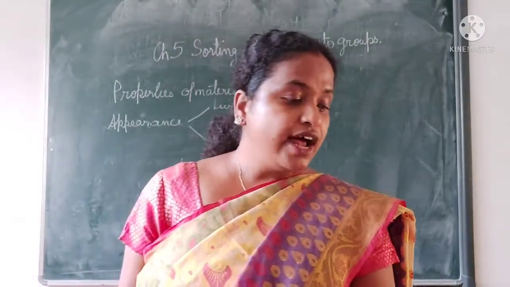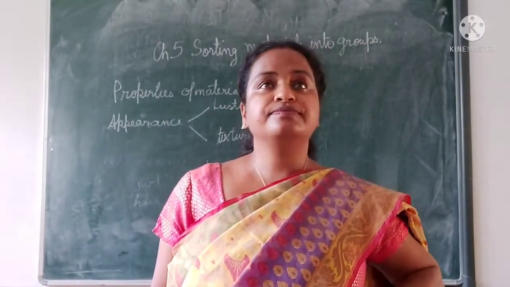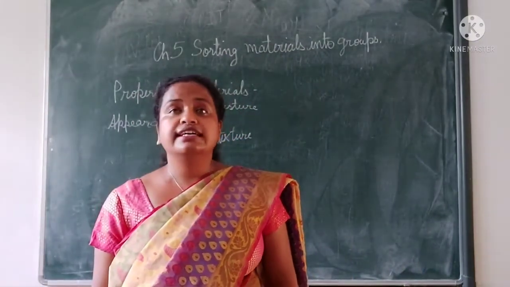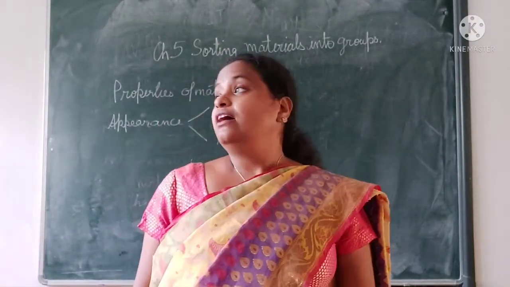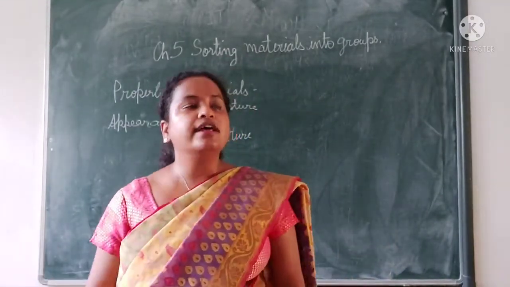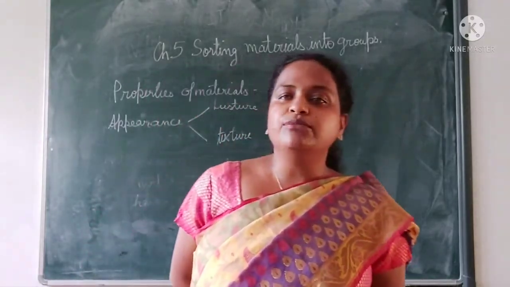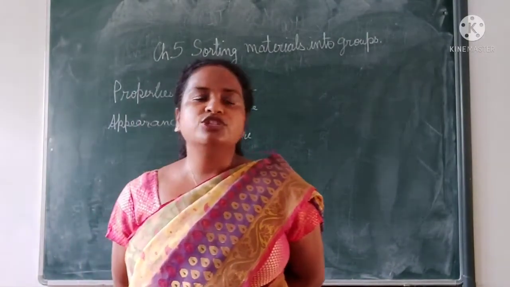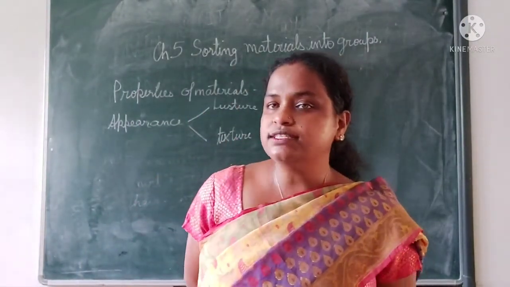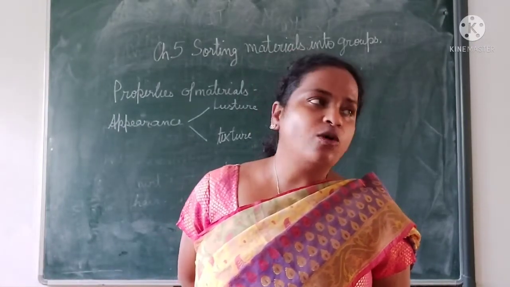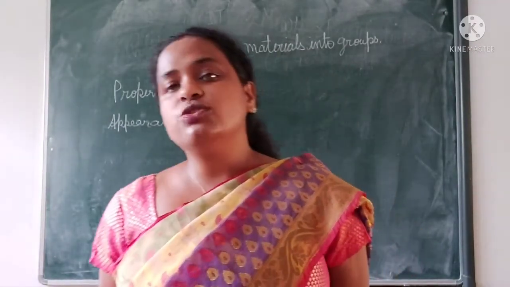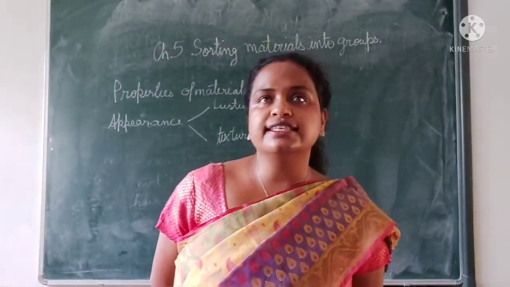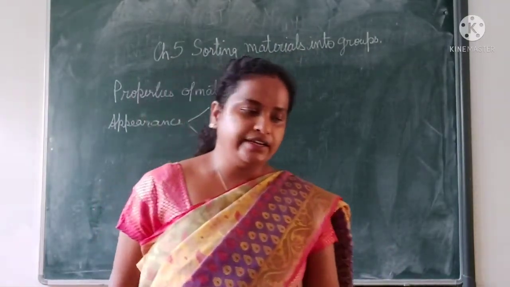Then next comes translucent. What is translucent? Like some glasses in which you cannot see far objects or the other side clearly. When you come to your class, you see there are two types of glasses. In some, you can see the outside things clearly when closed, and in some you cannot see the outside clearly. The one in which you cannot see the outside clearly is translucent, and the one in which you can see the outside clearly is transparent.